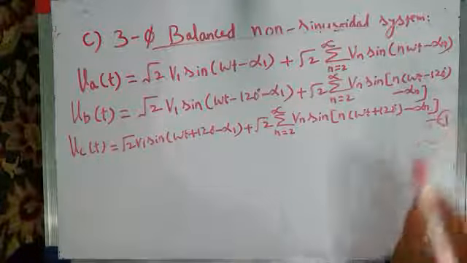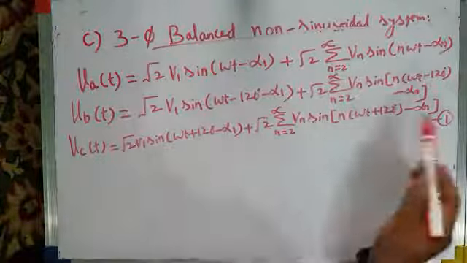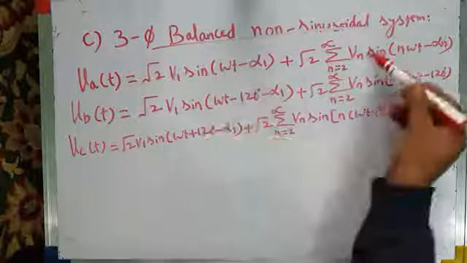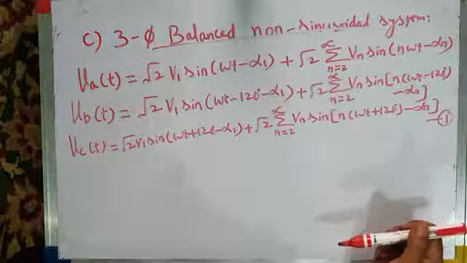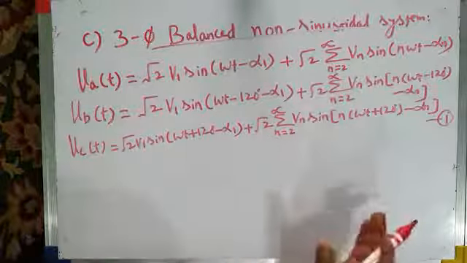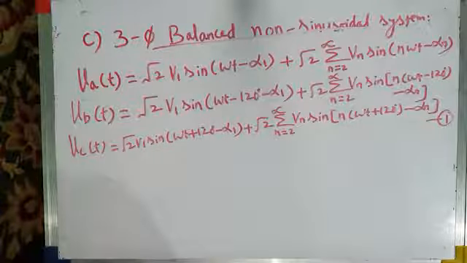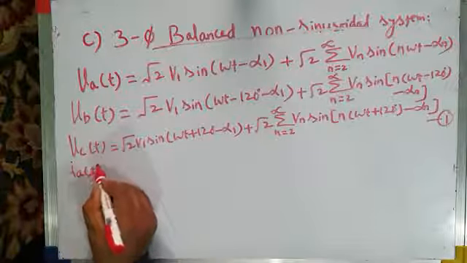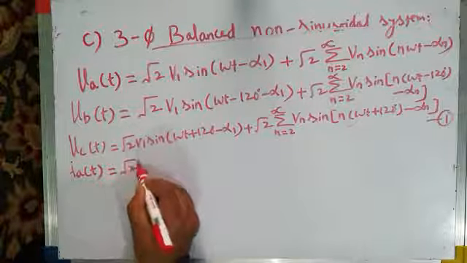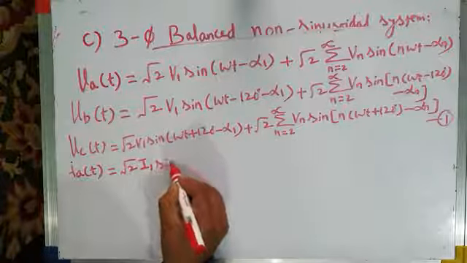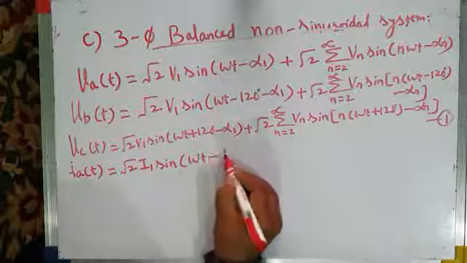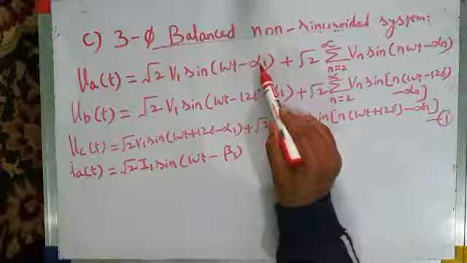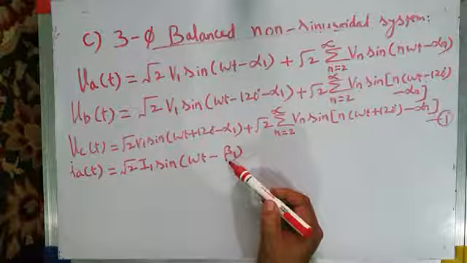So this is the three-phase set of voltages, a distorted set of voltages, which comprises fundamental components in all three phases and various harmonics. Now currents are also distorted because of the nonlinear load connected to the system. Currents can be written as, say, phase A or line A current iA(t) equal to root 2 I1 sine of (omega t minus beta 1), where beta 1 is the phase angle of current. You see, alpha 1 is the phase angle of voltage and beta 1 is the phase angle of current.